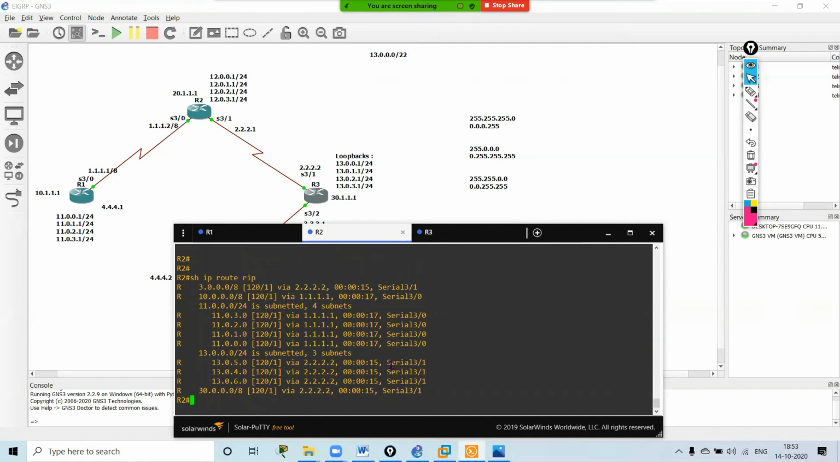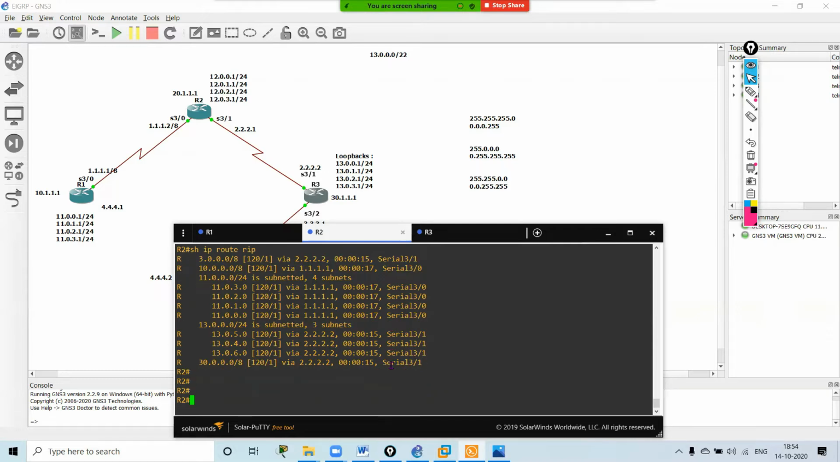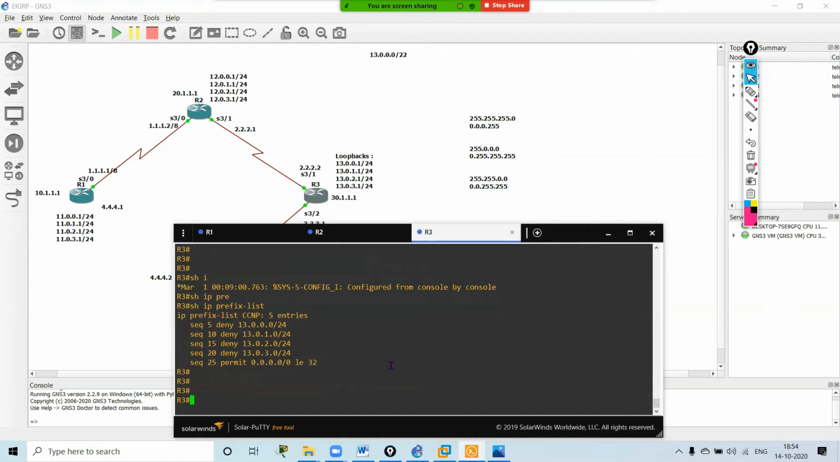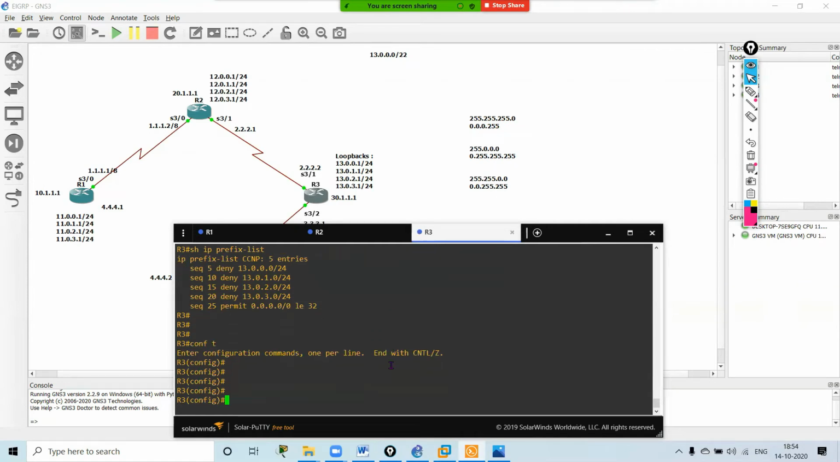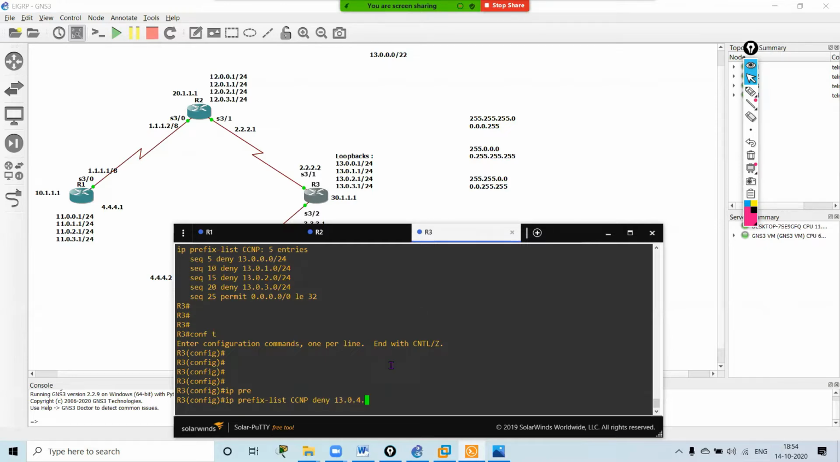See, I am getting 4, 5, 6 over here. Okay. Now I want to deny 4 and 5 also with the help of prefix list. So what I will say, IP prefix list CCNP, I want to deny. Deny what? Deny 13.0.4.network/24